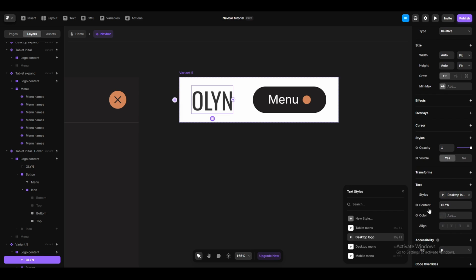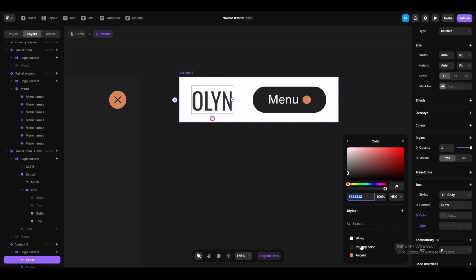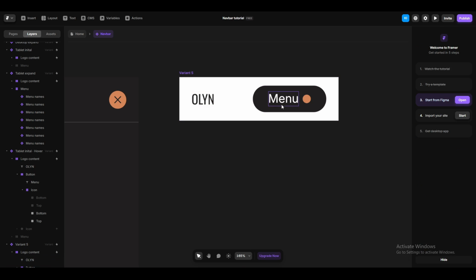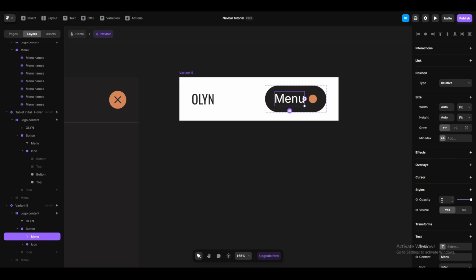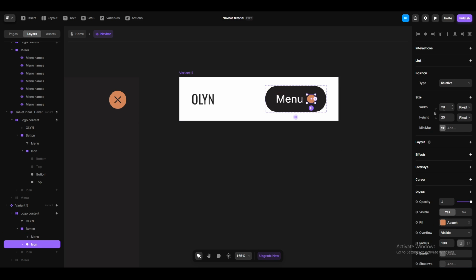Maybe you can decrease the logo size. 30 looks perfect. We can set the width to 150, decrease the font size to 25, and the circle to 15,